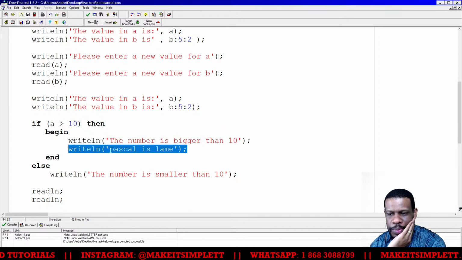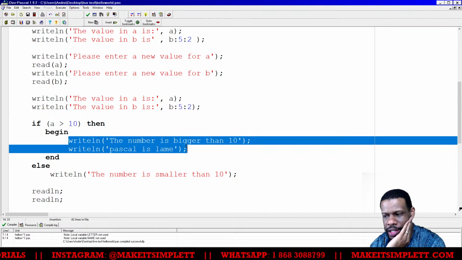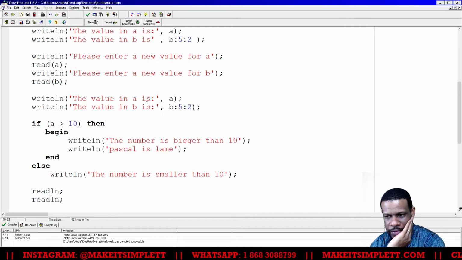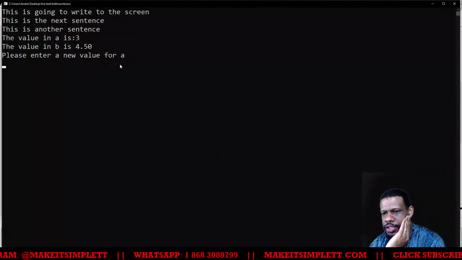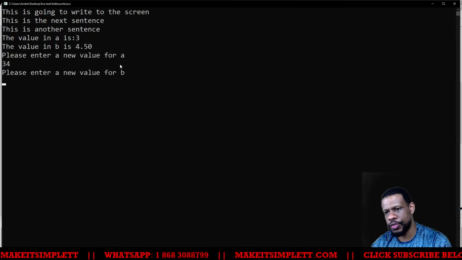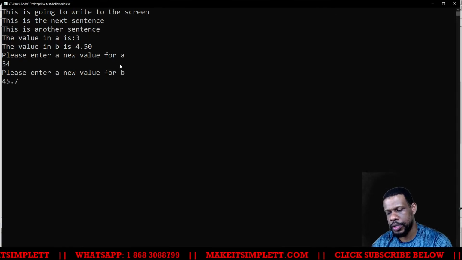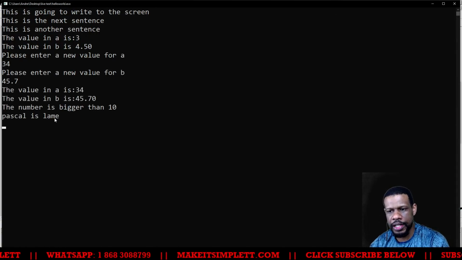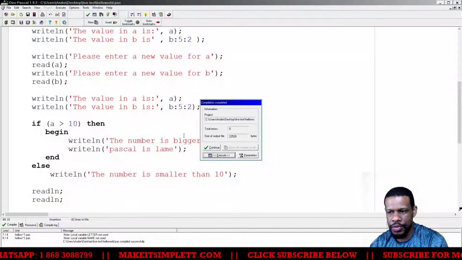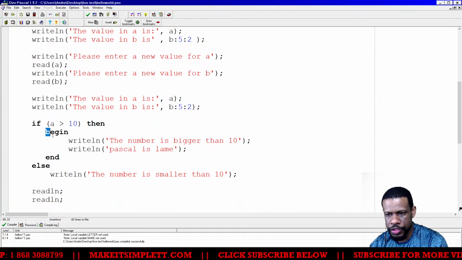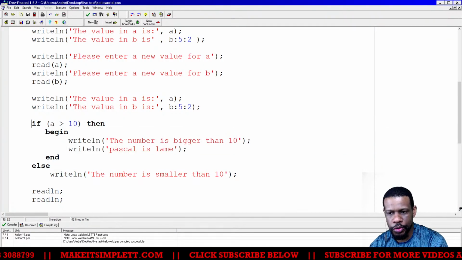If you have multiple commands to put inside of an if statement, then you have to do that. Run and execute. Now if I put a decimal number in, 34, the number is bigger than 10, Pascal is lame. That will come up on the screen because I have now used the begin and end to let the compiler know where you're starting and where you're stopping, right?